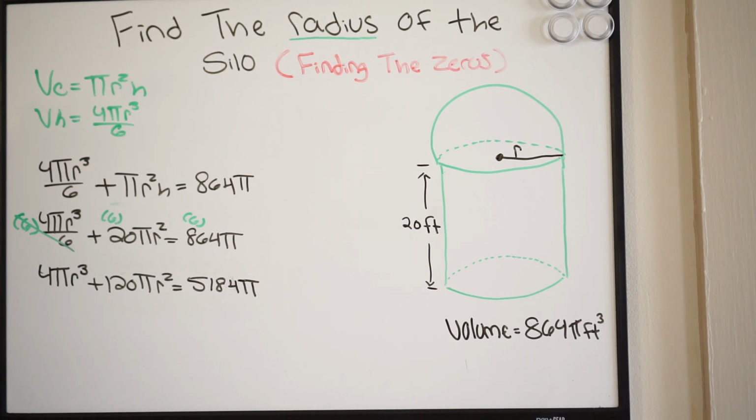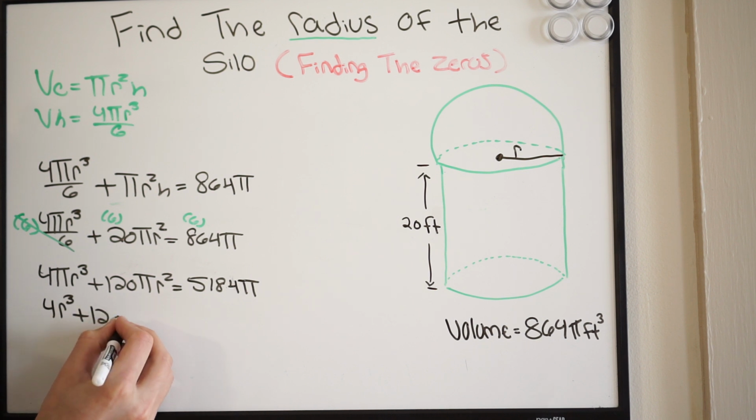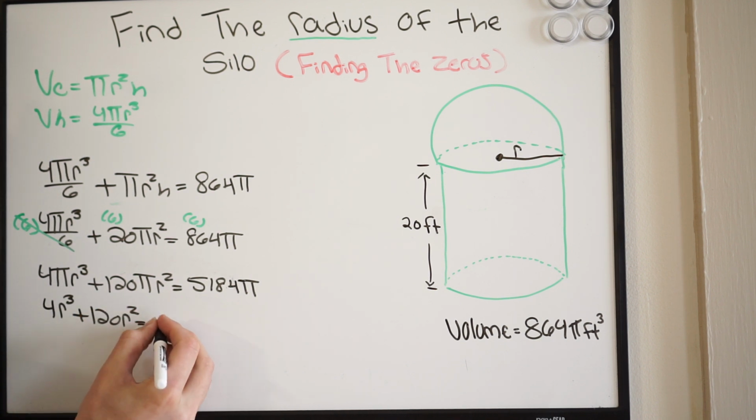Well, looking at this, we can actually simplify this down a little bit further. Notice how all these terms have a pi. So we can divide each term by pi to get rid of the pi. All right, and when we do that, we're going to be left with 4r cubed plus 120r squared, and this is going to be equal to